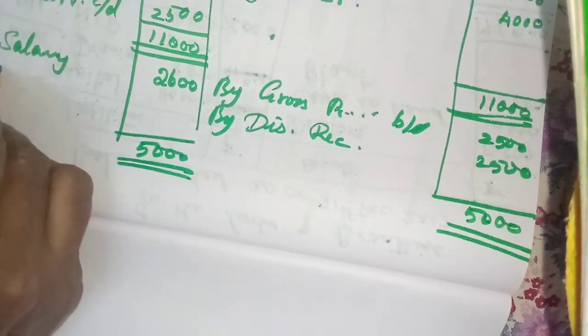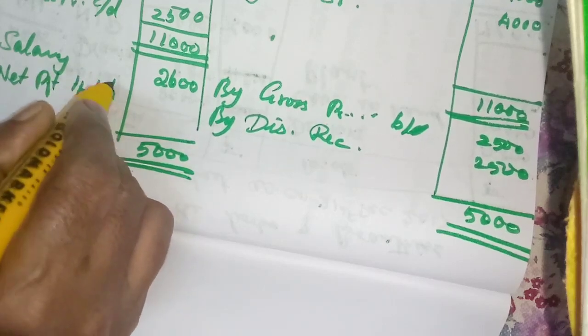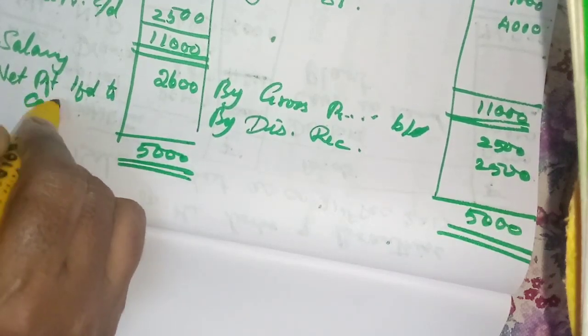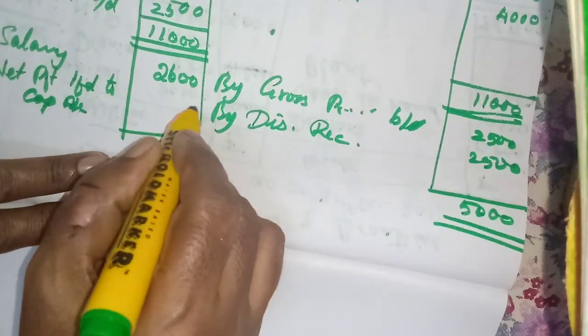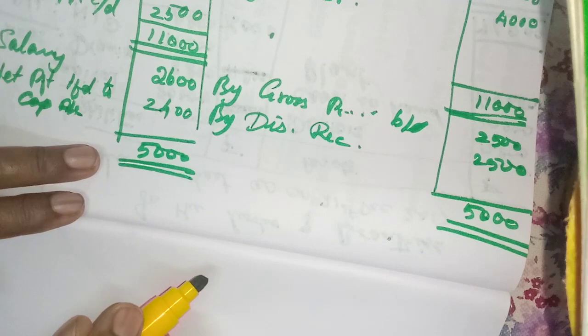To net profit transferred to, you write fully. Okay, transferred to capital account: 1,3 plus 2,5 is 2,400. Now we will prepare the balance sheet. Here you write balance sheet as on